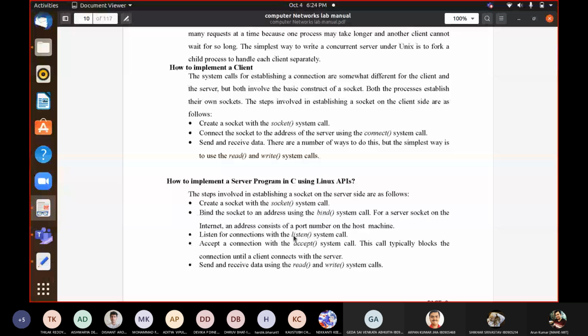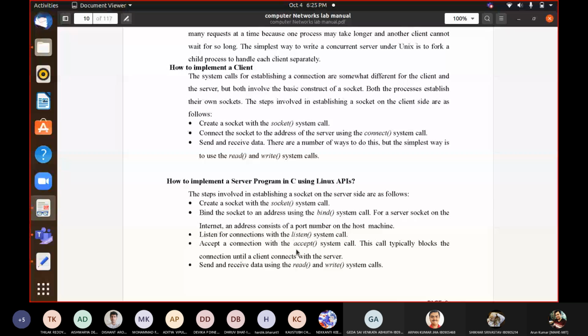Then comes the accept system call. This is with respect to connect. Whenever at the client side a request is invoked through the connect system call, it is entertained by the accept system call at the server side. The server would then accept it. So with respect to connect, there is an accept system call at the server end. I haven't explained the three-way handshaking, though I have named it several times during theory classes. Whatever I explain in the handshake phase would be taken care of in programming through the connect system call and the accept system call.